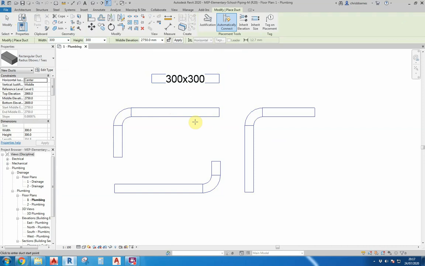So when we're placing duct, as I mentioned earlier on, we can control what we're putting in by changing the properties here, and also in the options bar where we can set up the length, width, height, and also the height from the ground where we want to use this. So if we wanted to change this to a different height, 2300, and we want to change the height to 350, and we put this in place,